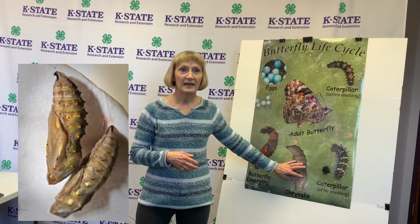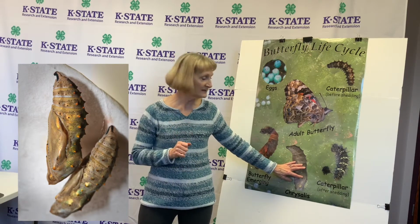The chrysalis is not a cocoon, because some of you have asked me about a cocoon. Moths spin a cocoon around their body for protection. But with a butterfly, it just transforms into the chrysalis. So now it's hanging as the chrysalis, and it's going to hang as the chrysalis for another 7 to 11